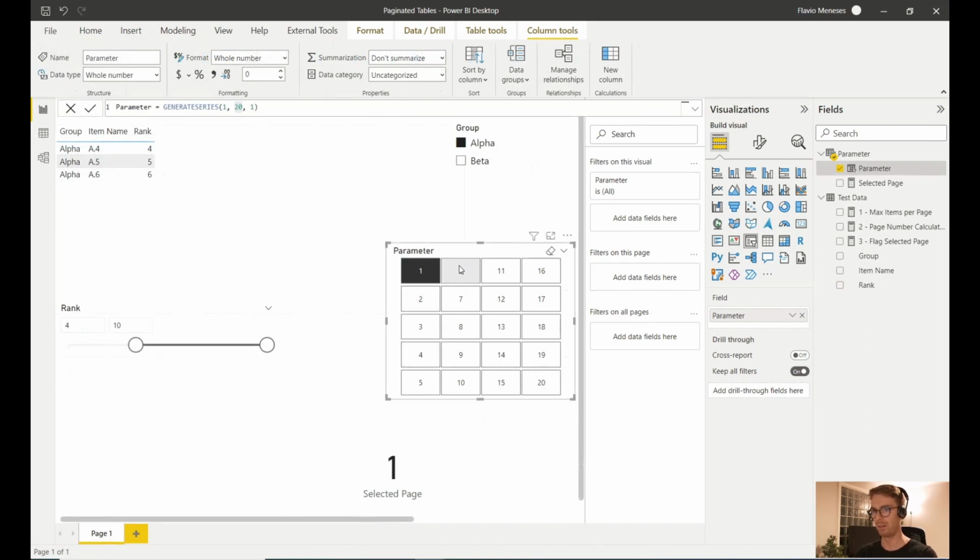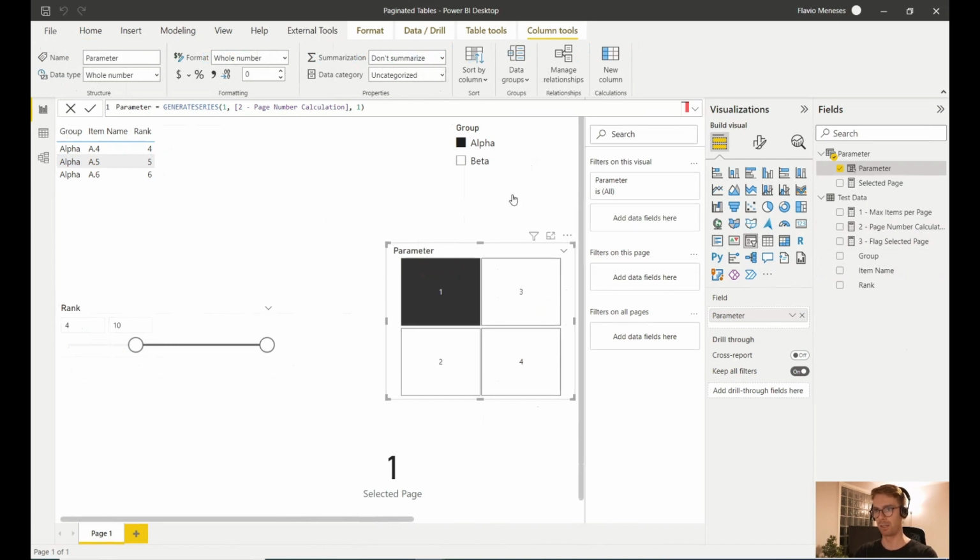So finally, we have too many options available. Actually, we don't even have 20 pages worth of data. If I click on page 20, there's no data to display. And that's because we've stuck with the automated function, which is simply saying start at number 1, go up to number 20 in increments of 1. But we don't want to finish at 20. We want to end at the maximum number of pages we have available. And we have already calculated that with measure 2, the page number calculation. So if we make that the upper limit instead, and we see what that gives us,